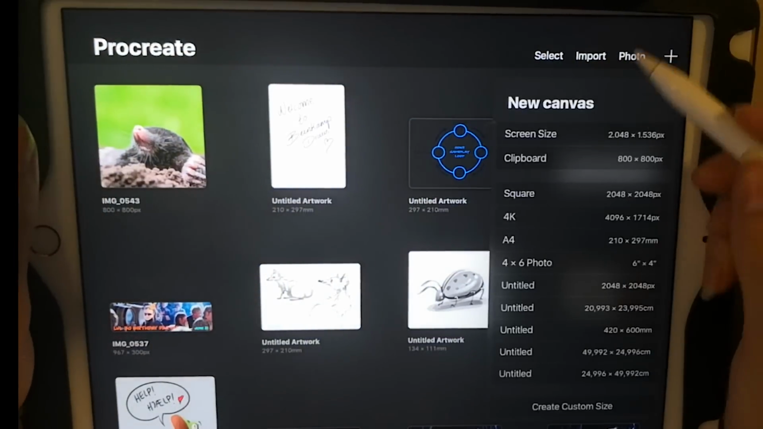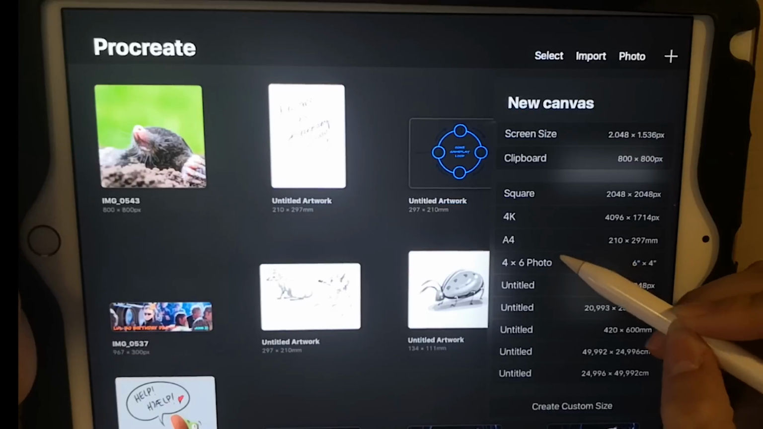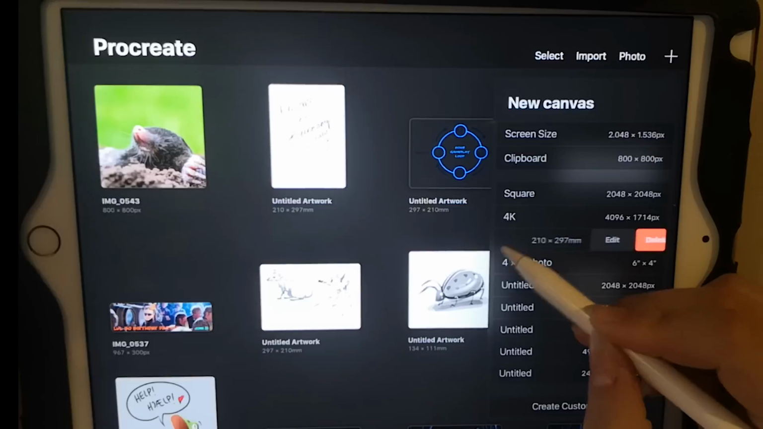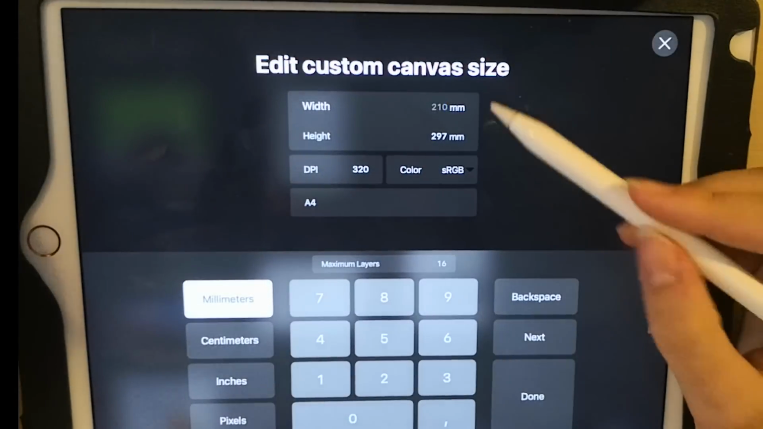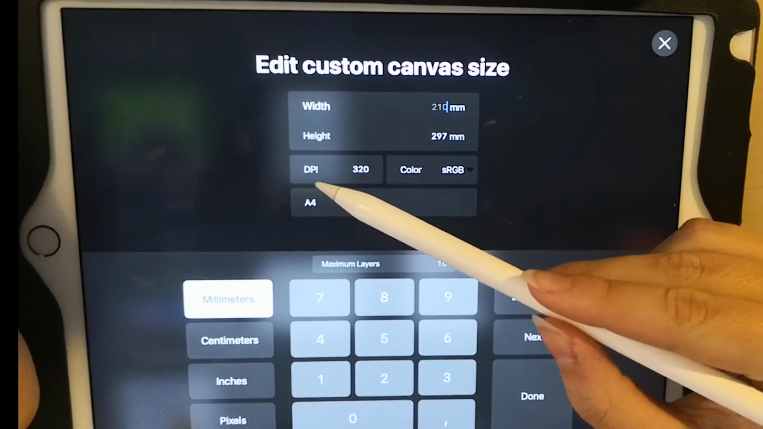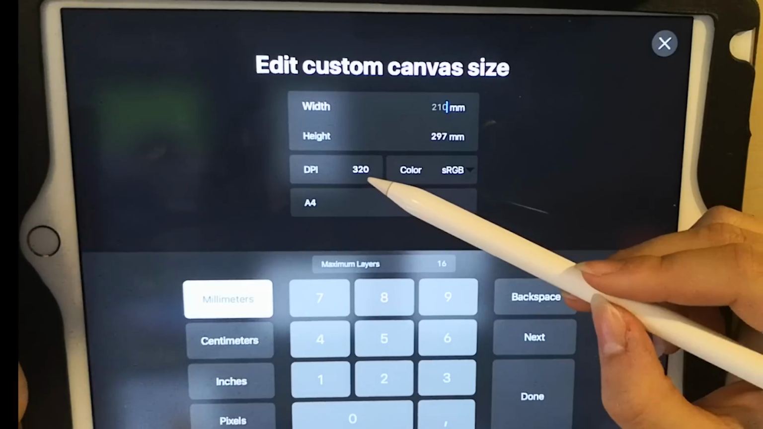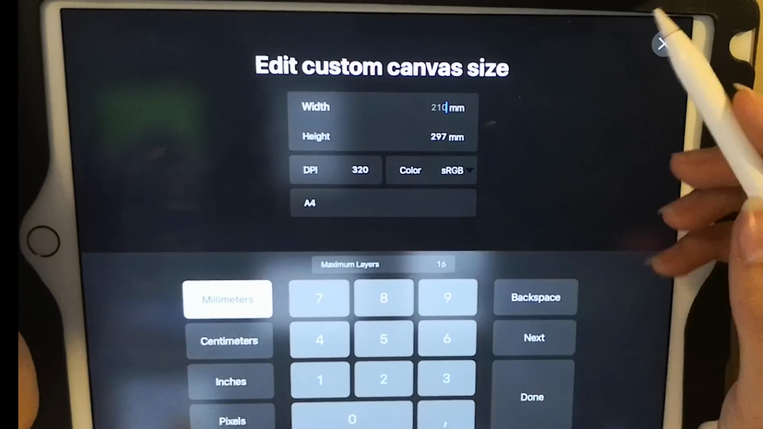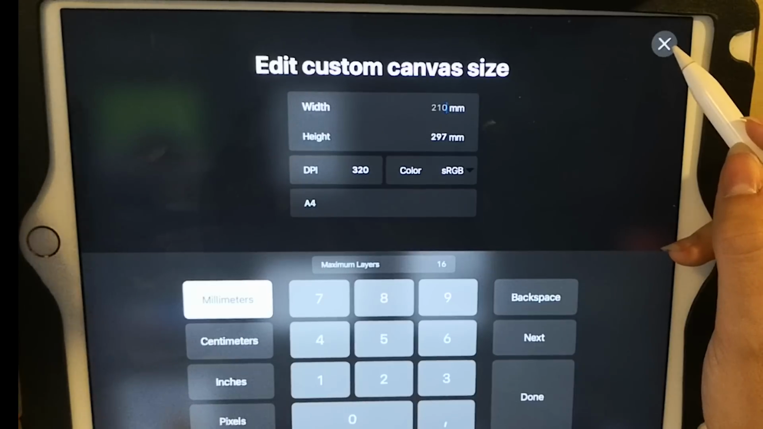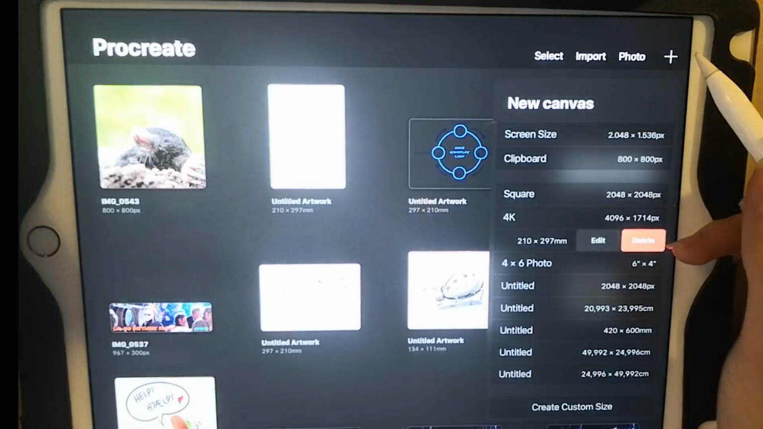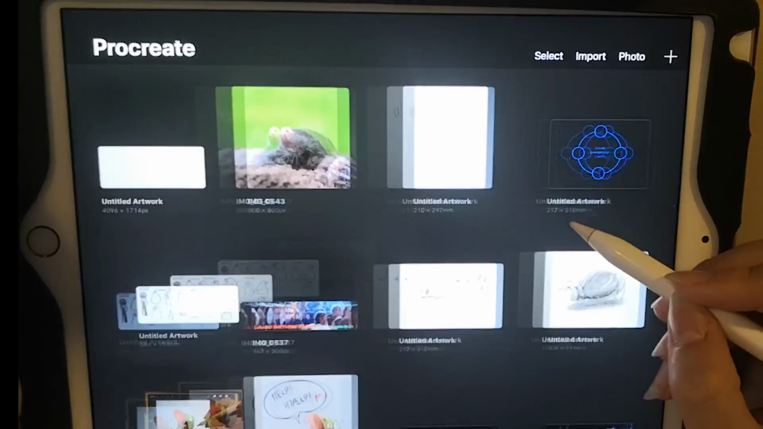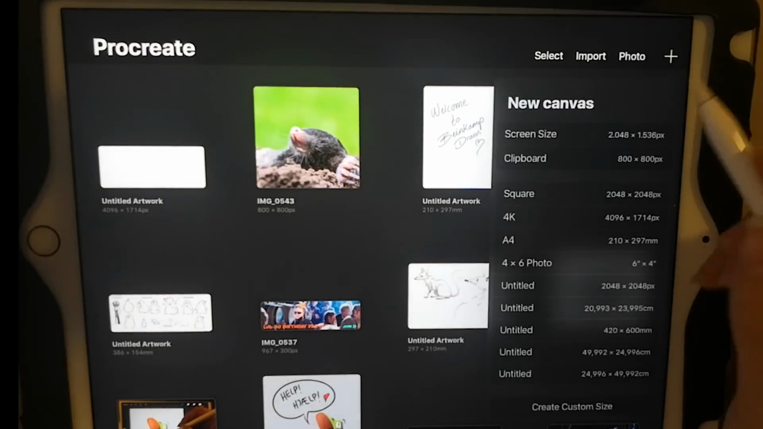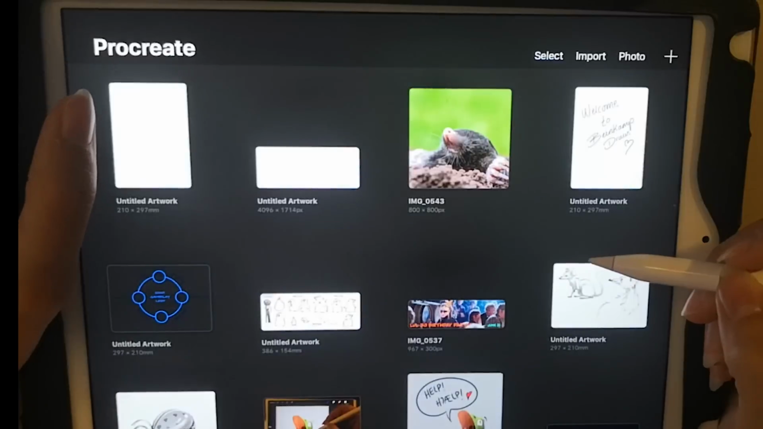Then I go out into gallery and I normally paint in A4 size, and what I've done with this is I've actually turned up the DPI to 320 because I like to work with quite a high DPI, and I think this fits my purpose. Oh sorry, picked the wrong one. So I picked this one,